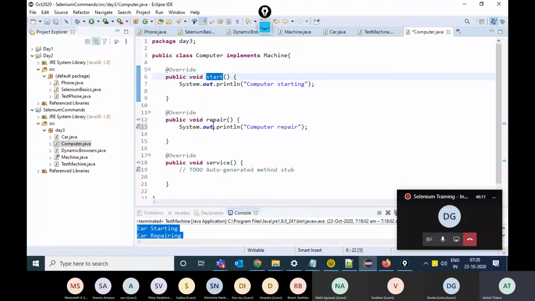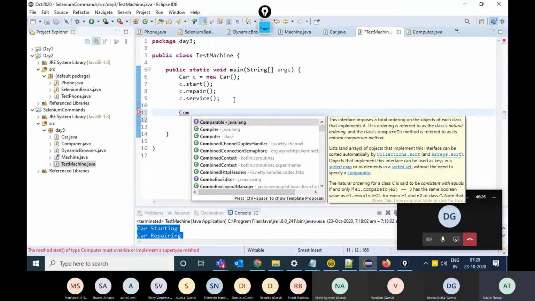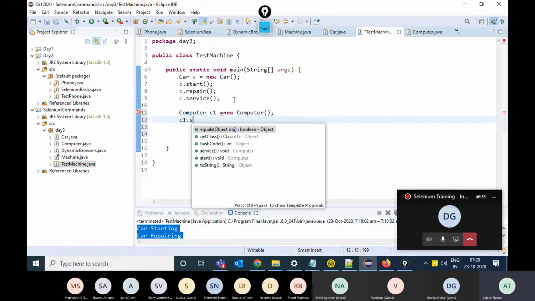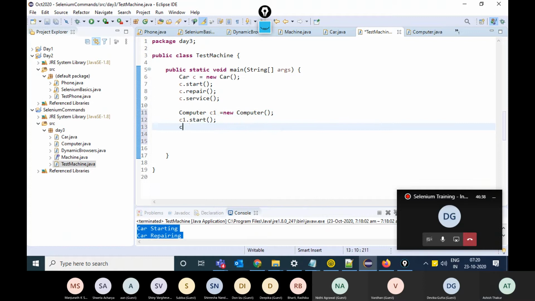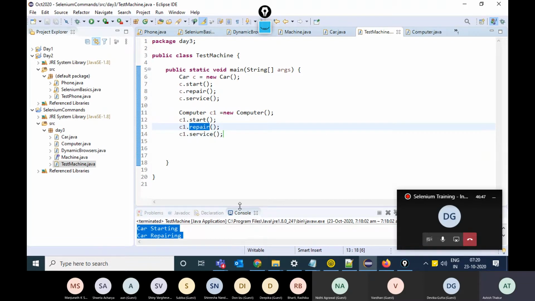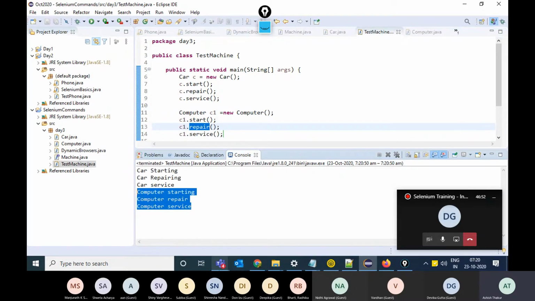The function names will remain the same in both the classes, but implementation can differ. Okay. In your test machine class, you can also create an object of the computer class and call the functions start, repair, and service. So over here, these three functions are being called from the computer class. And if you run this, it will print from the computer class.